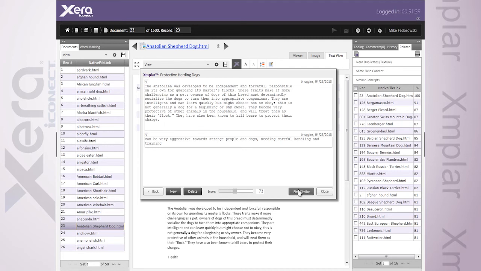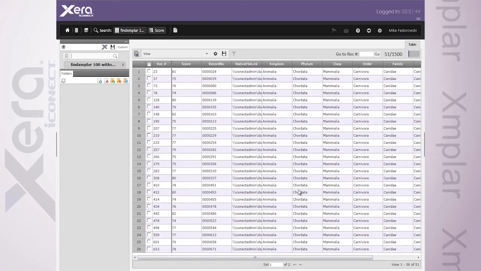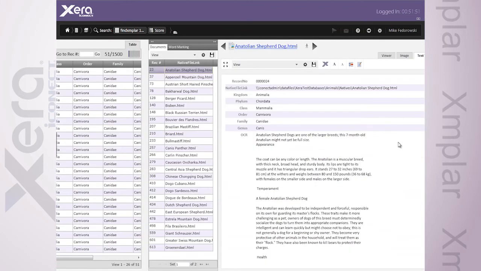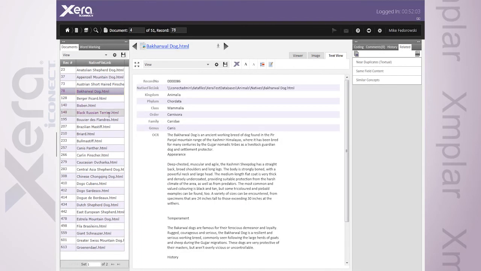And as I go and I run this particular search, run that exemplar and say, now find me everything that is similar to this. As opposed to 16 pages worth of results, I get a grand total of 51 records. Again, much more targeted and focused to what it is I'm looking for. When I bring this over and look at it for a little bit of context, we can see, as opposed to the poodles in my database, I get back results like my Barkawal, which tells me, when I look at it for some context,